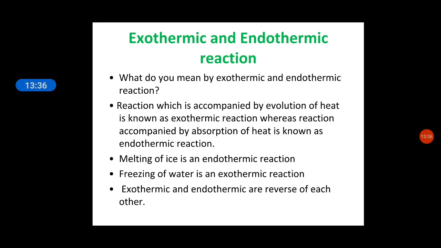Now, when we talk about chemical reactions, the same thing happens. There is an exchange of heat in a chemical reaction as well. Accordingly, some chemical reactions are exothermic while some are endothermic. During an exothermic chemical reaction, heat is given away when reactants are transformed into the product, while during an endothermic chemical reaction, heat is either absorbed from the surroundings or has to be supplied continuously from outside.